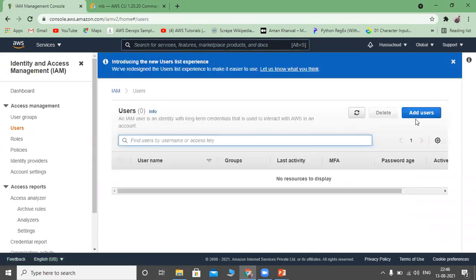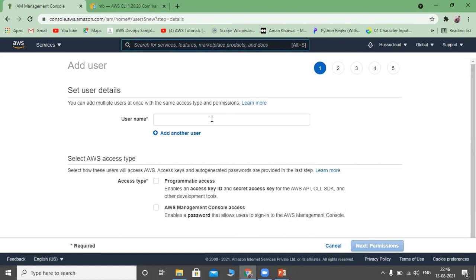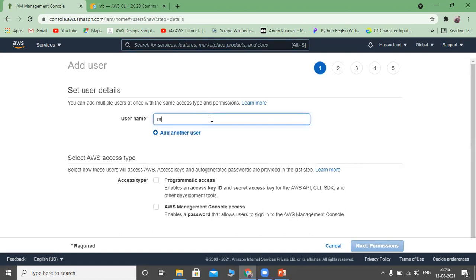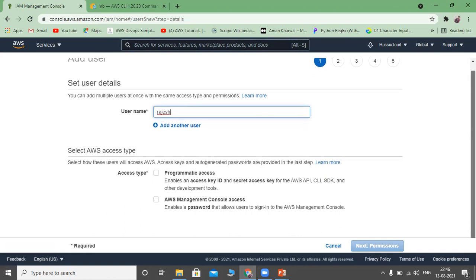and create a user. To create a user, select add users. And here I am giving the username, let's say Rajesh. By this, the user can log in through CLI, the command line interface, and the AWS Management Console.